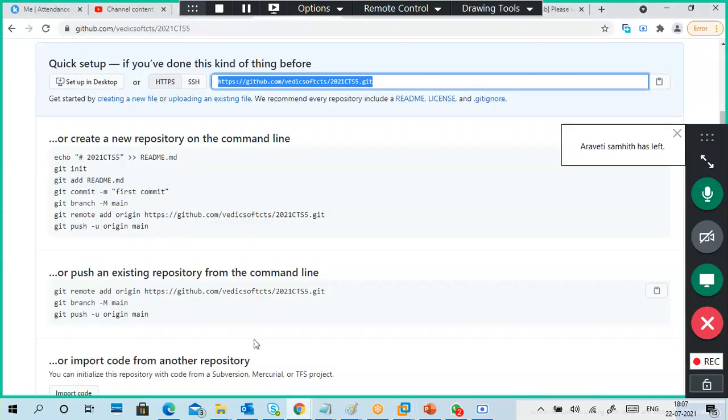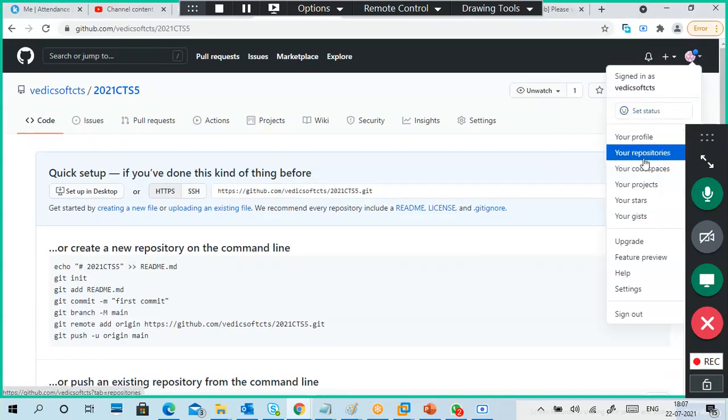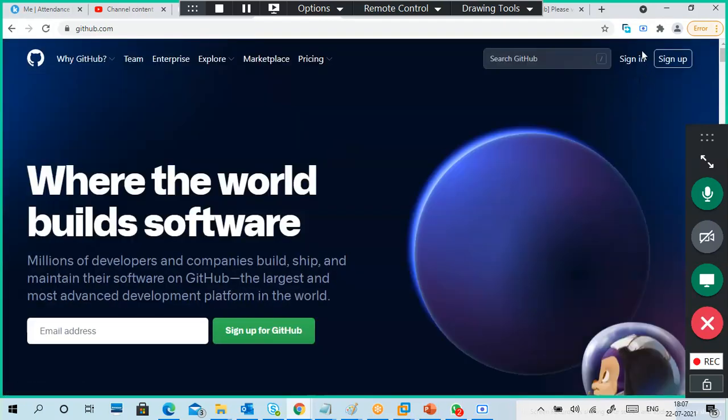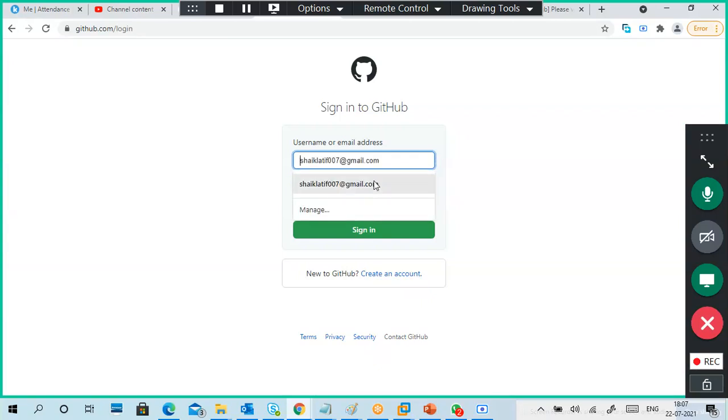One second, guys. This is giving me a headache. First, I will go to sign out, and you can't sign in on different PCs also. Sign in.